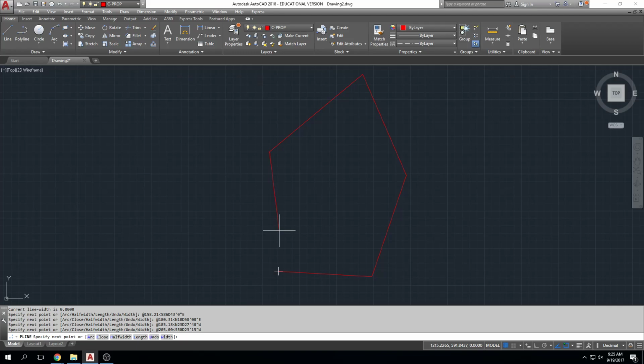All right, so I made a mistake. I accidentally escaped and got out of it, and it's not a polyline anymore. And you're thinking, oh great, the world's come to an end, right? But it's okay. We can just click on polyline and continue on. I can snap to that endpoint and then we'll p-edit it back together or join it, whatever you want to use, right? So I'm going to type at